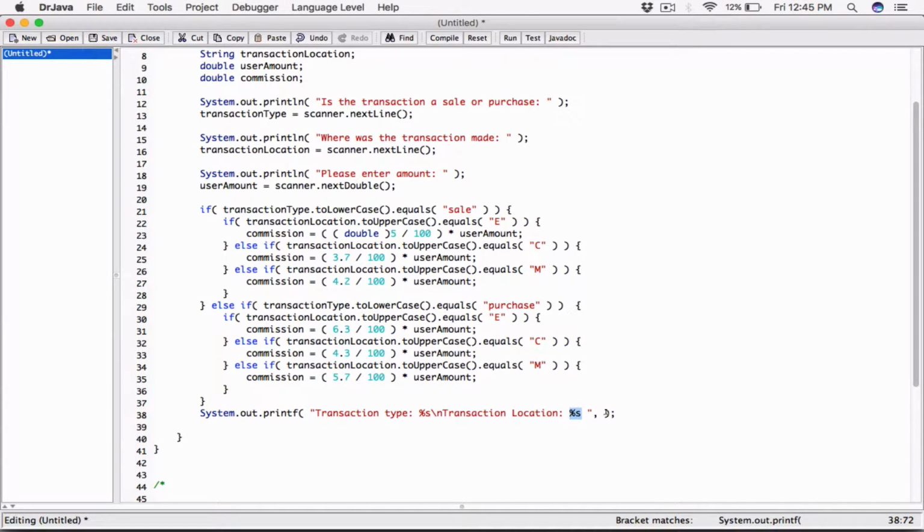So the first argument I put here is going to replace this percentage %s. The second argument I put after that is going to replace this percentage %s. So that's how they're going to work. Transaction type is this, transaction location is this, then another new line character. The next thing is going to be